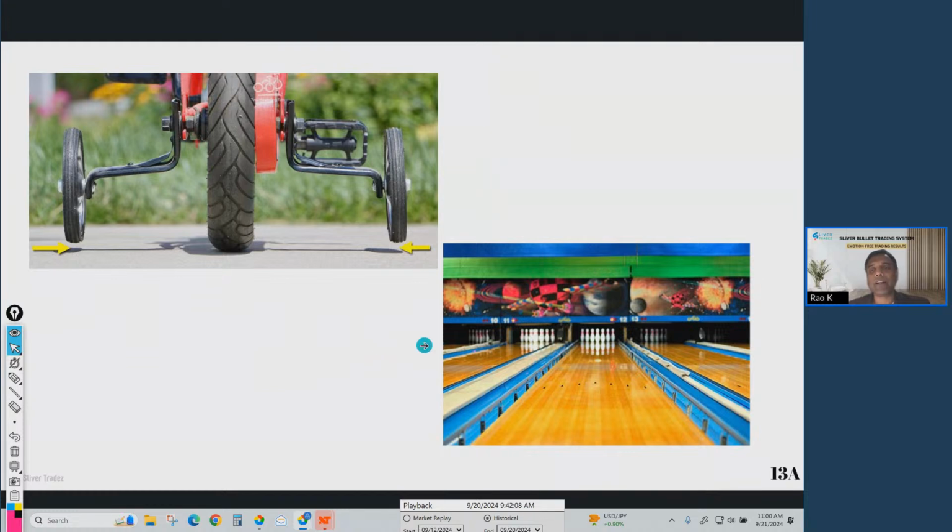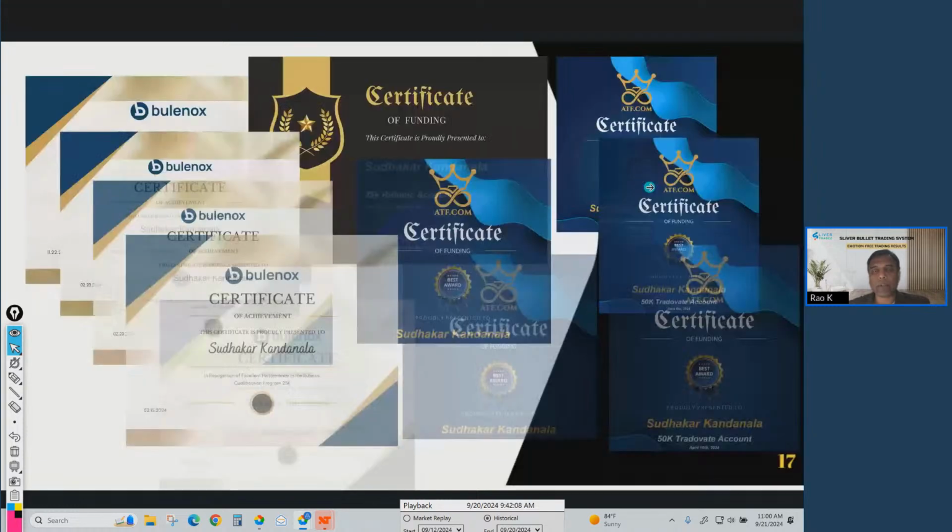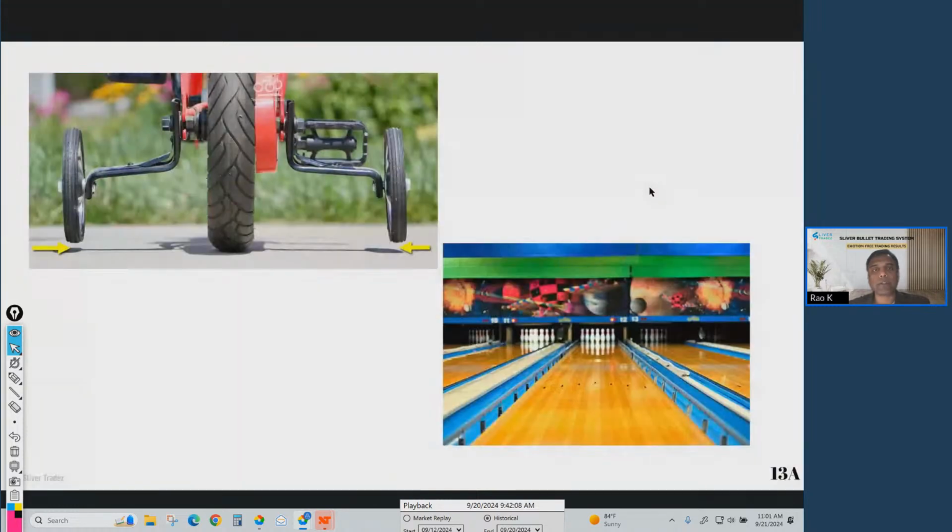Once you have learned the skill, the ropes, then you perhaps won't need training wheels. The software is not just about trade management or scaling. It's also about accuracy and preciseness. You cannot get that accuracy and precision with a finger pressing the button. Software will always be more efficient and faster than a human finger. So that's the purpose of the software, the training wheels or the guide rails.